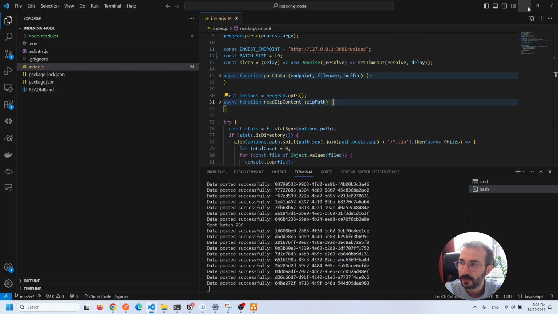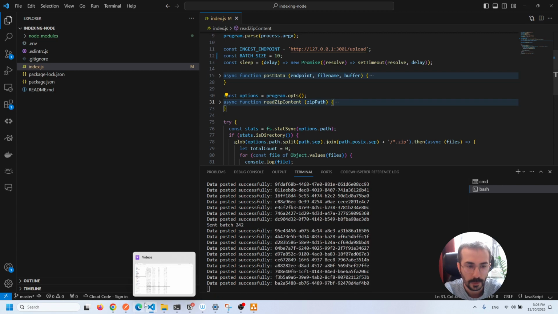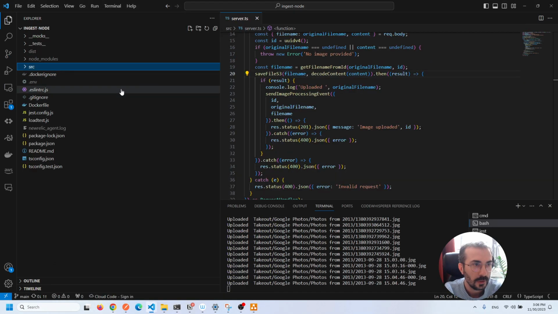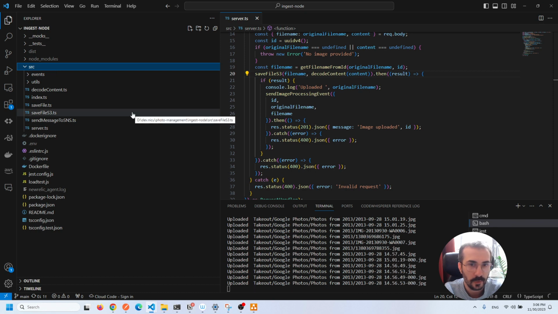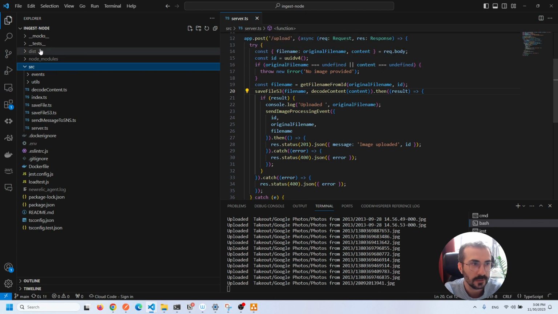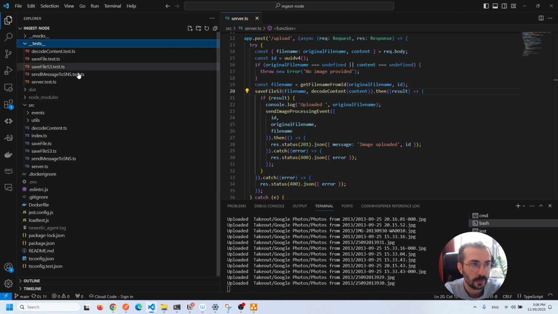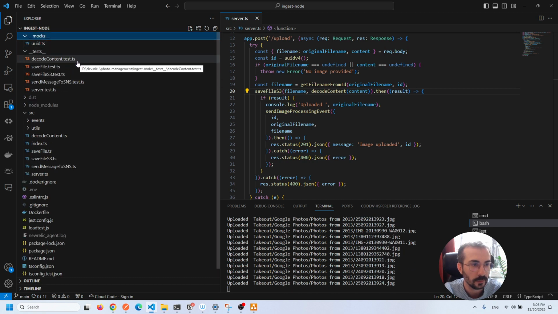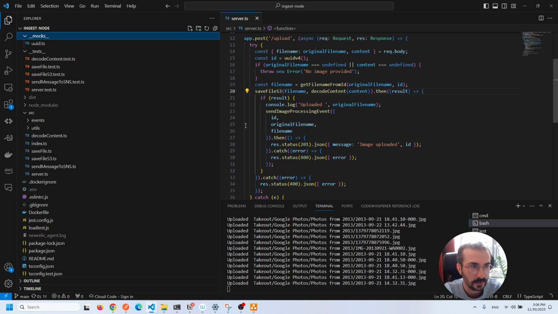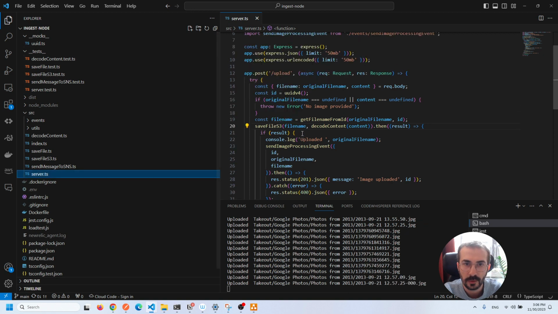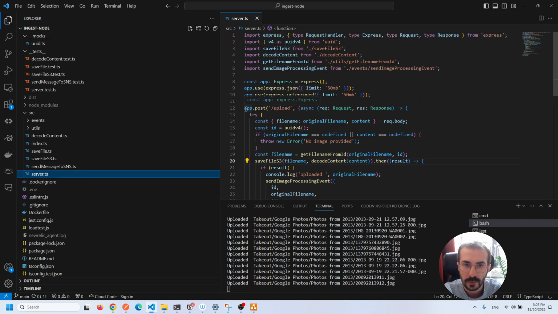Good. Let's move forward with the ingest module. I wanted this module to be a bit more organized, so I've also written some tests and some mocks for those tests, since I have a lot more functions to process. It's just a simple Express framework that exposes an upload endpoint,